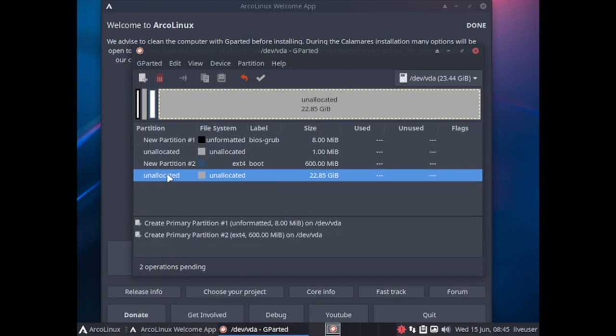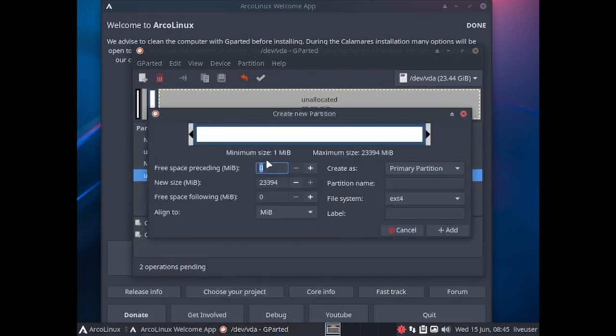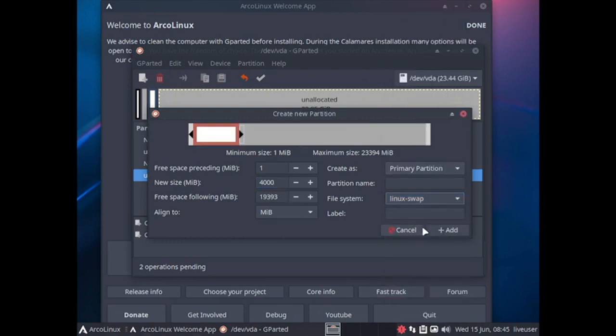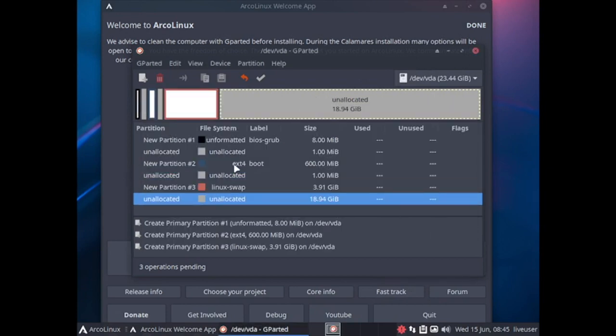Then again you create a new partition with preceding free space 1 MiB, 4000 MiB partition. Here select the Linux swap, add, and now finally the pending